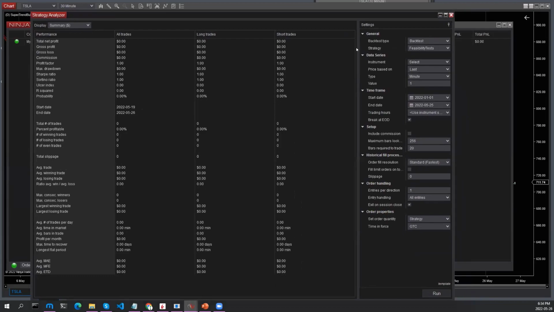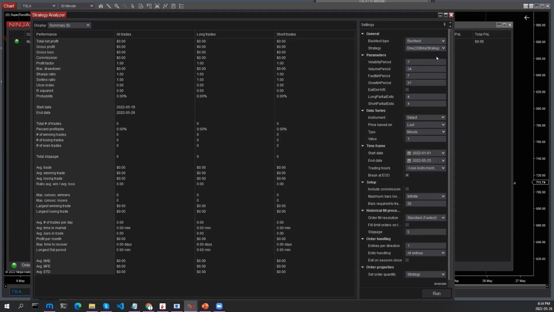And on the right here, we're able to set the settings for our backtest or optimization. And we're able to select the strategy that we want to run it on. And the strategy we ran was called 1, 2, 3 strike strategy right here. And as we can see, we have the inputs for our strategy that we set, volatility period, volume, etc. Essentially what this will do is run a test on historical data,